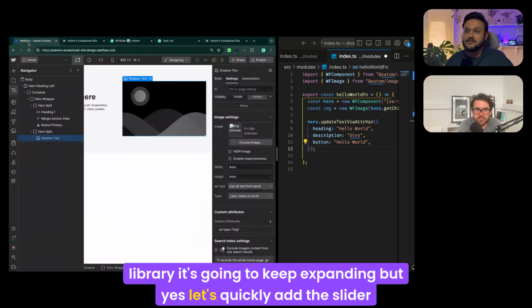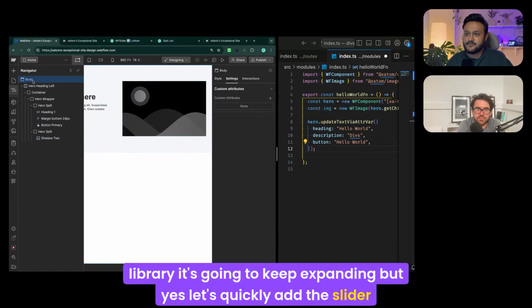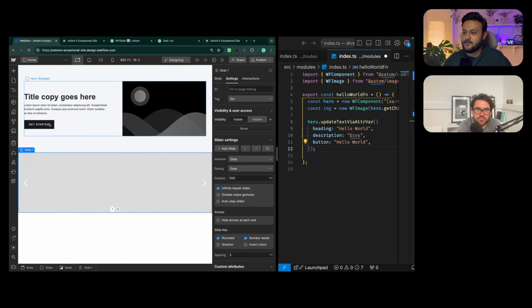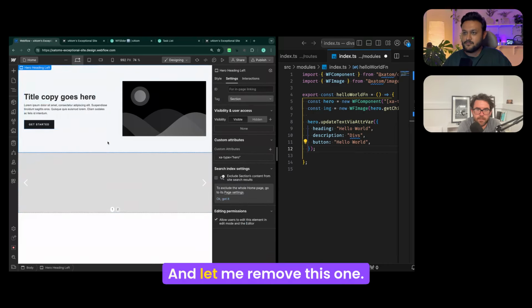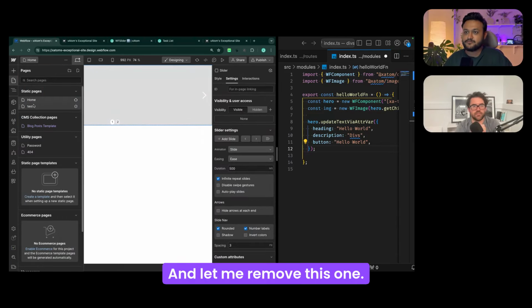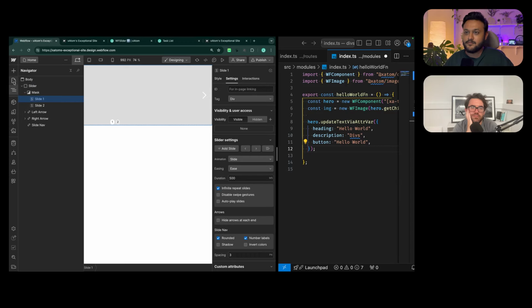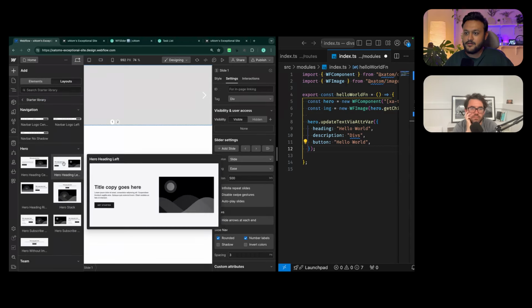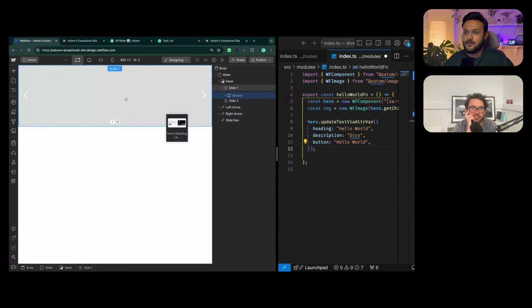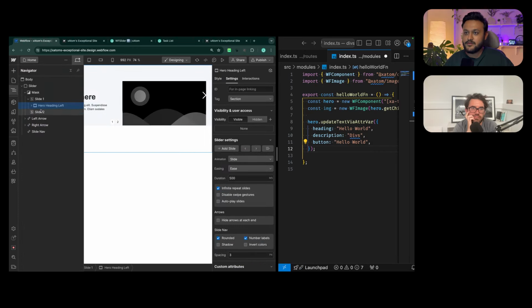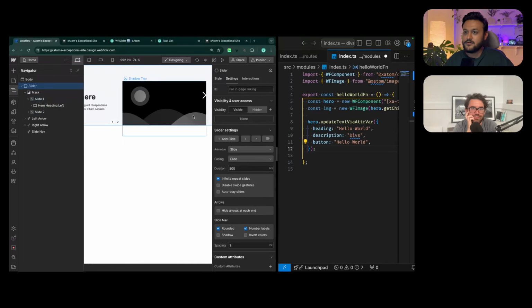But yes, let's quickly add the slider. And let me remove this one. Let's add